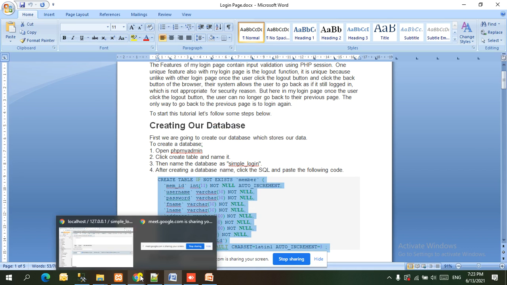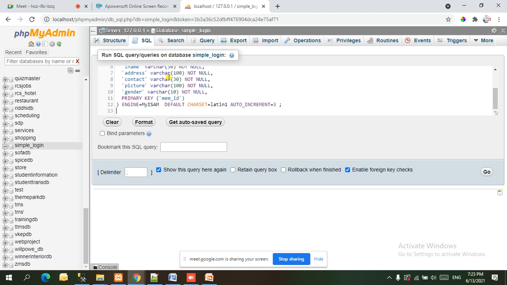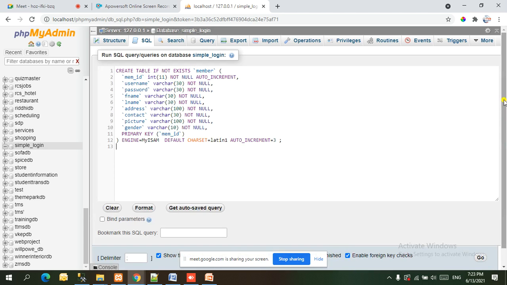This is a script to create a new table. If you have any problem in understanding here, I can explain to you. So guys, see this. I hope everyone can understand this.